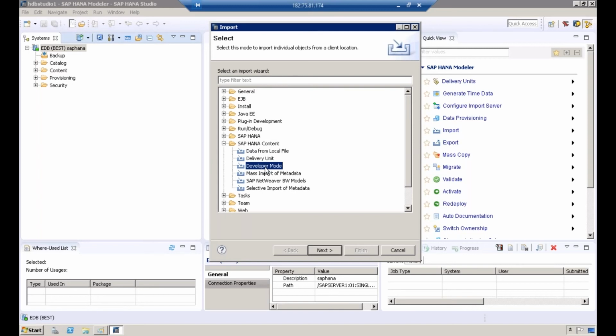These TGZ files can be imported to the system using the delivery unit mode. Please see here: select the delivery unit mode to import objects available at server or at client location in the form of .tgz files. Now we have to download these .tgz files